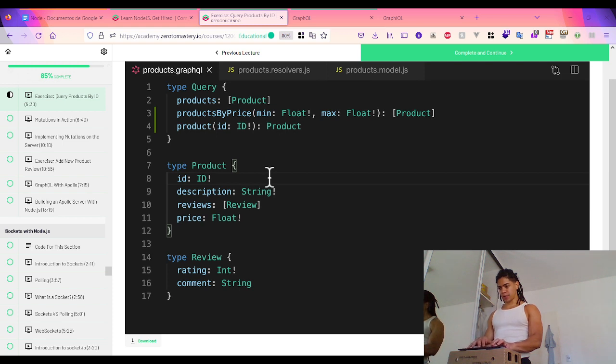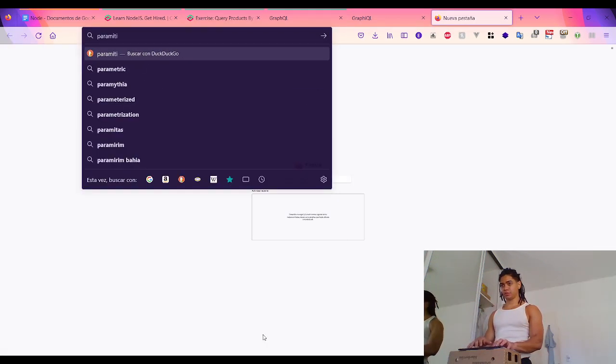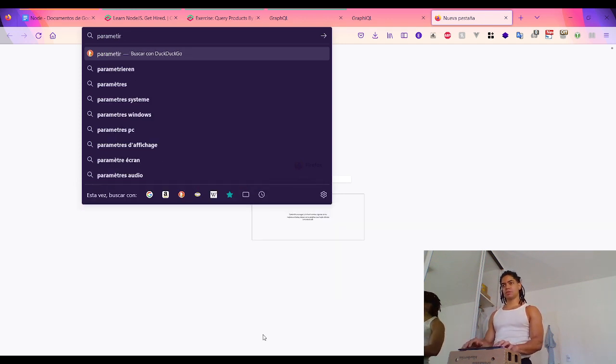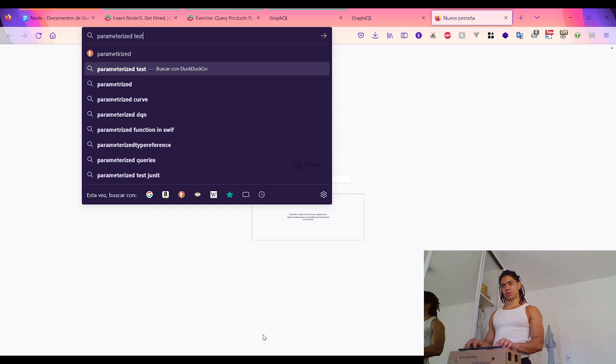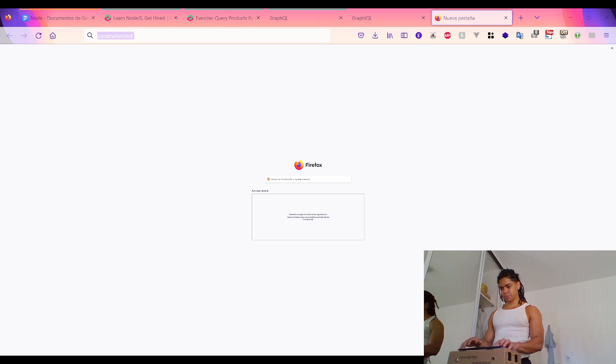Parameterize. I think this is the way. How did you write that? Parameterize. Okay. I think I write it correctly. That's right. So parameterize